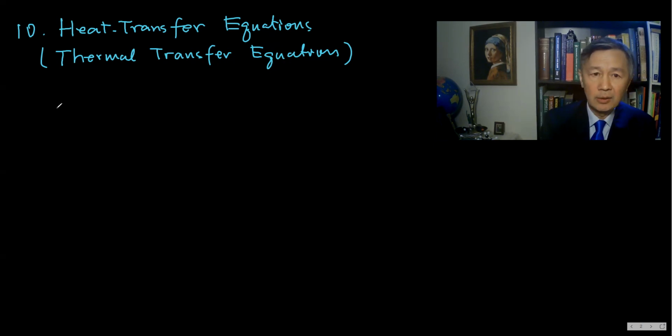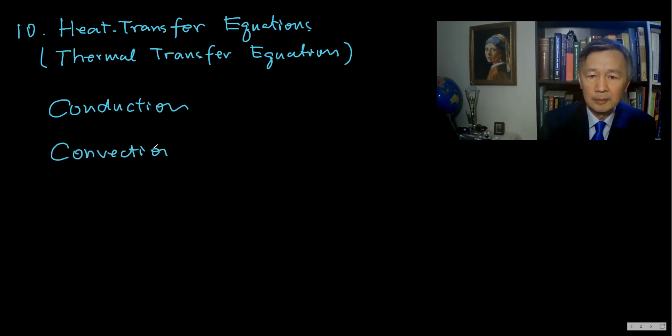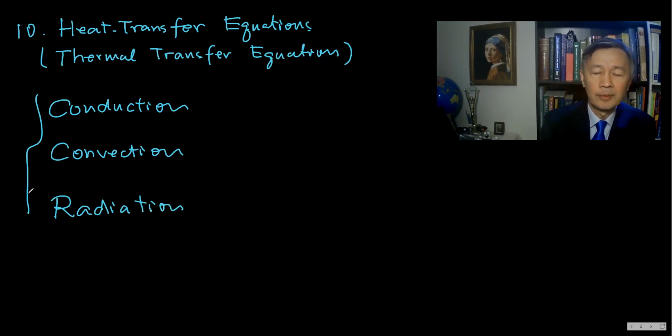One is called conduction, thermal conduction. Another is called convection. The third one is radiation. If we just use I for the intensity of radiation, or also the intensity of heat transfer, then the